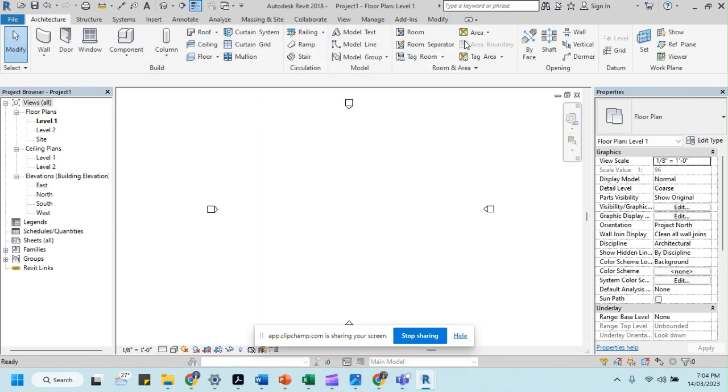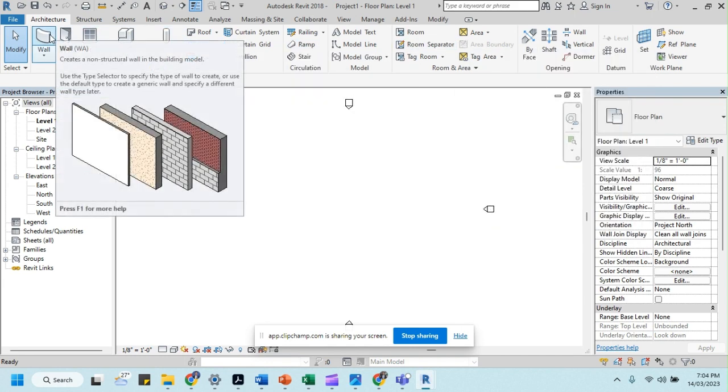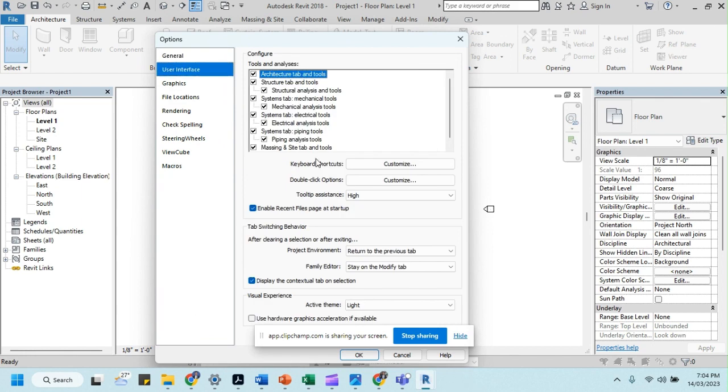And there's another thing, the tooltip assistant. There's a tooltip assistant in Autodesk Revit 2018. You can see that when we go to the top of those tools, we can see the tooltips. There are levels of those tooltips. You can set that using File, Options, User Interface. Now we set it to high, but we feel no need for that. We can set it to none, minimal, or normal. We can set three levels. If we set to normal and okay,